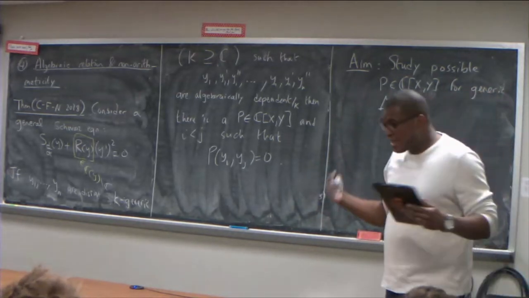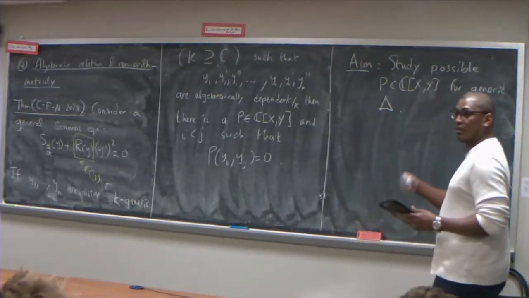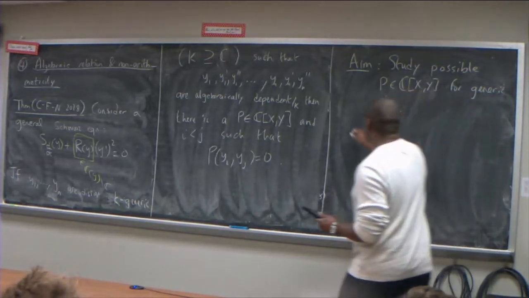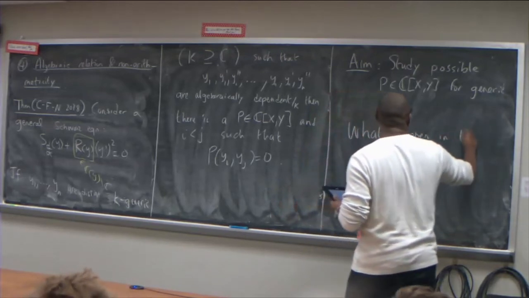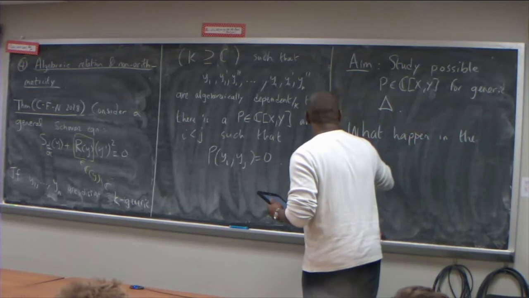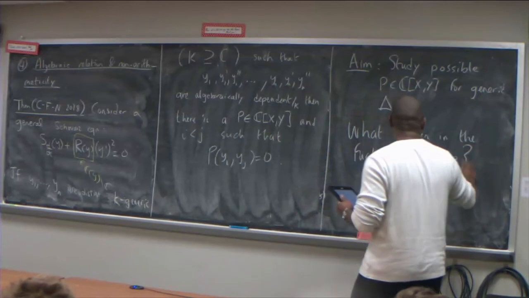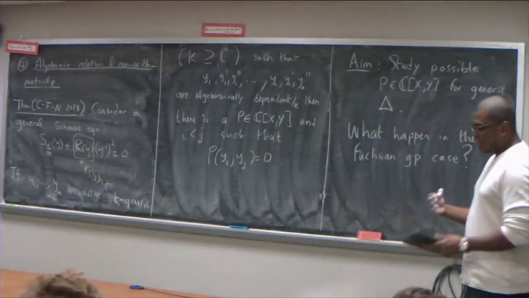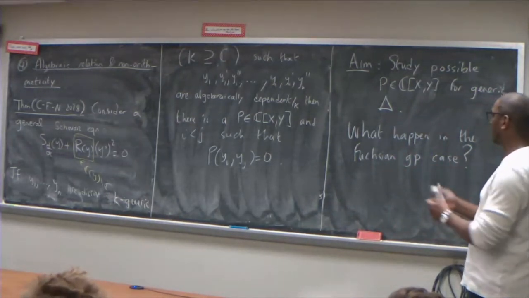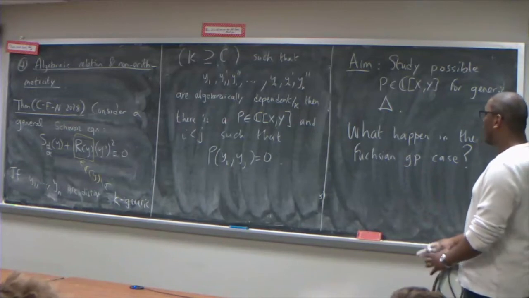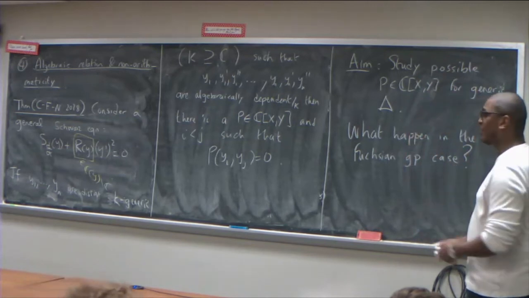And so remember, our strategy is clear. What we have to do is to go back to the Fuchsian triangle group case. So what happened in the Fuchsian group case? This is what we need to do, and our objective should be clear. We should find a large Zariski dense set of triples of natural numbers for which there are no polynomials. And then we can do the same game of the descent argument.